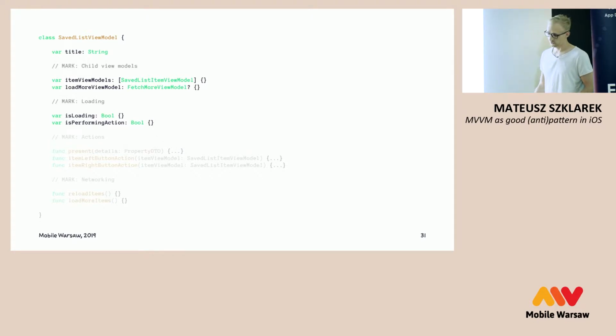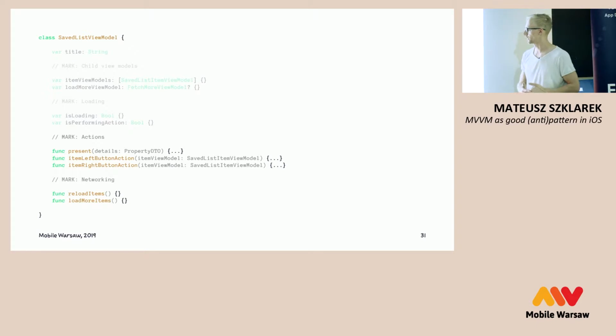Now I want to show you my code from one of my previous projects. I'm not proud of it, despite this class has 100% code coverage. A part of those properties which indicates basically view state, we have some functions for presentation logic, invoking network calls, and paginations. It's still not the most hardcore example, which I can show you.